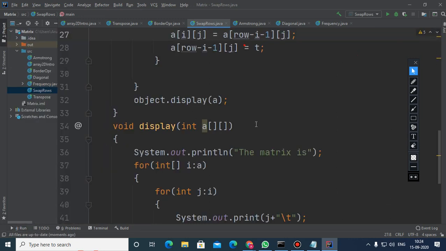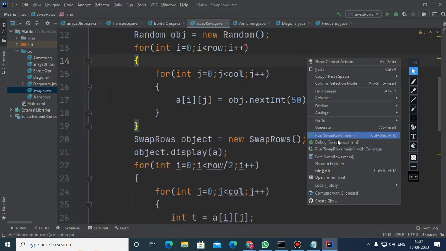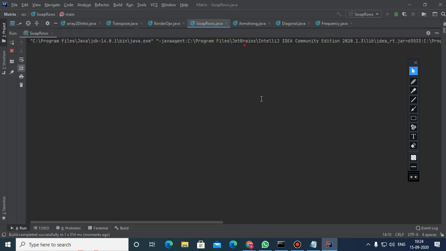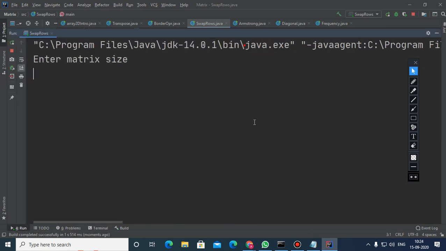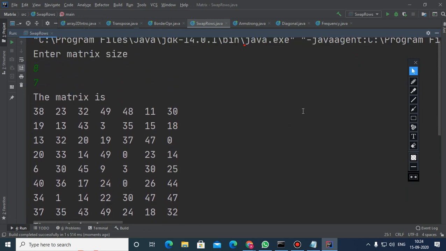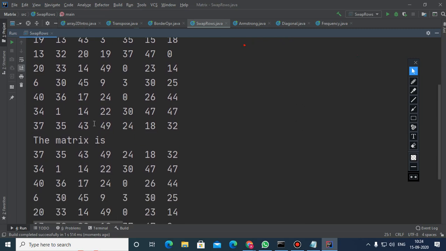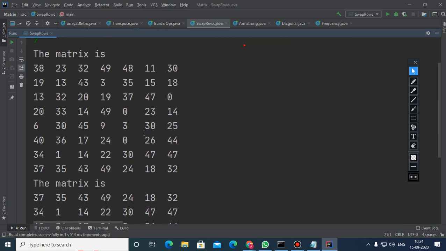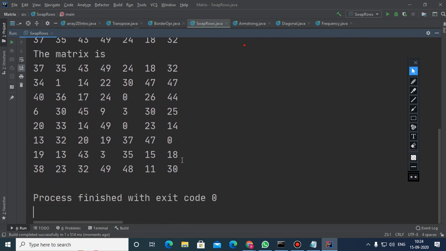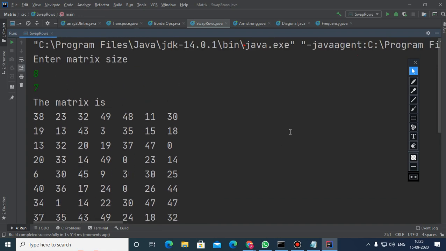If you have any question, please ask. No, it can be of any size. And with random, suppose it is 8 by 7. So it's okay. When you are doing a practical exam, it is better to use the random class in order to fill the matrix. Now you can see if it is an 8 by 7 matrix, there are 56 elements. Filling 56 elements manually will take a lot of time. I hope you people have understood. Any problem?